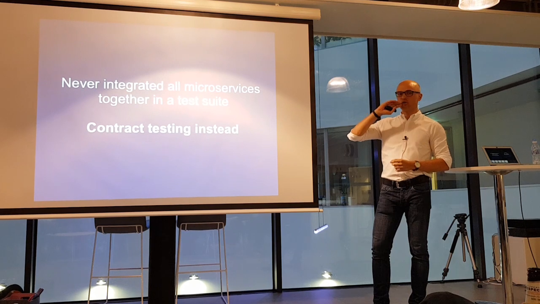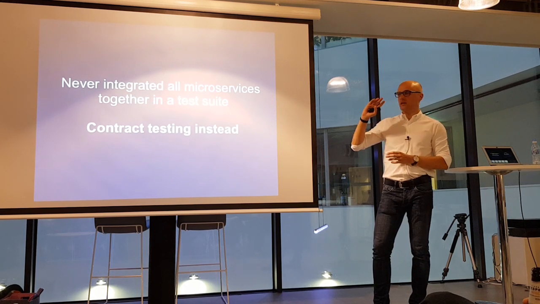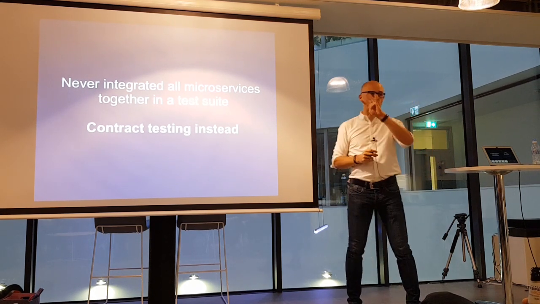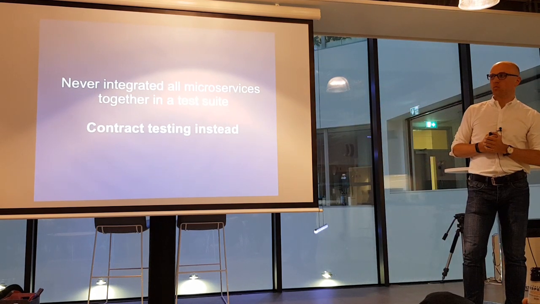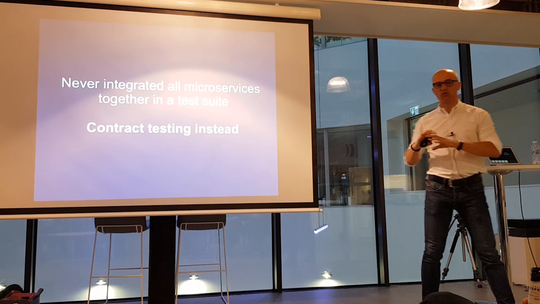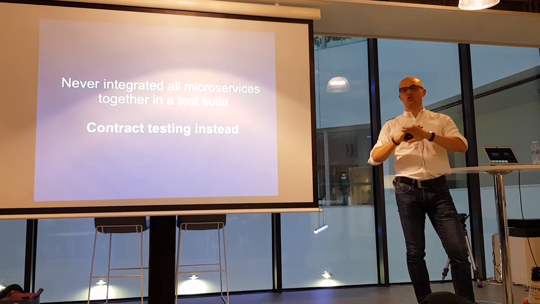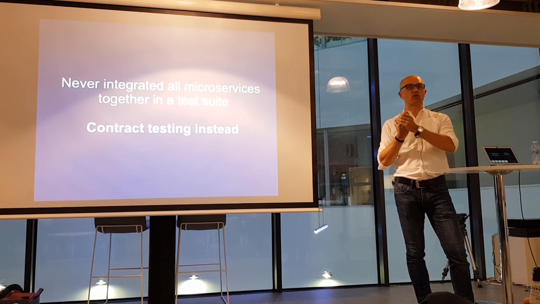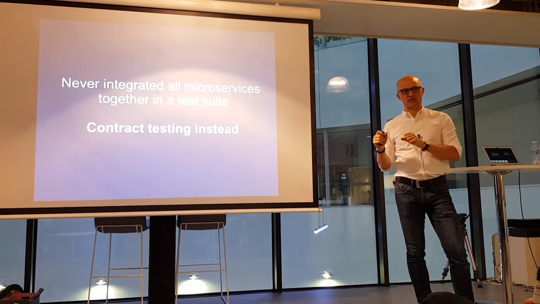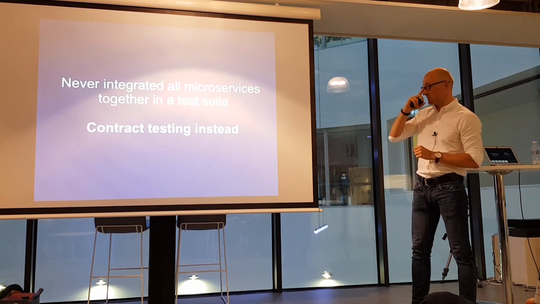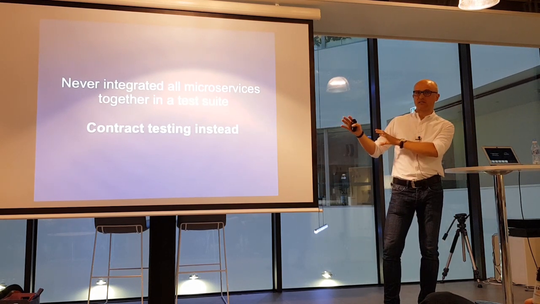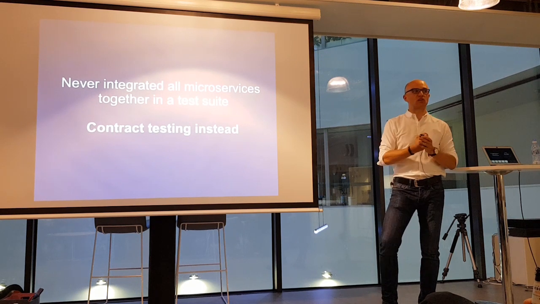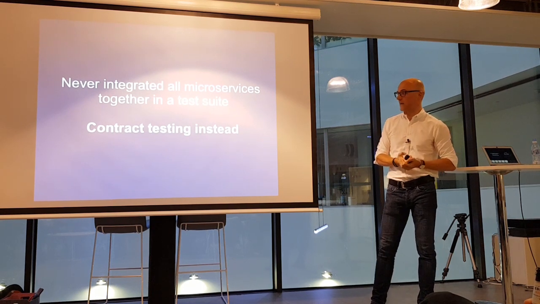And I'm not sure if you've noticed, but they had many microservices. We just had 4 here in our diagram. But what happened was they never integrated all of those microservices together. So there was no one suite of tests that would ever test all of them together. But they still had no bugs in production. And the way they've achieved this is with this contract testing. So the developers would write those contract tests and run them, and then testers would make sure those contracts actually work again.